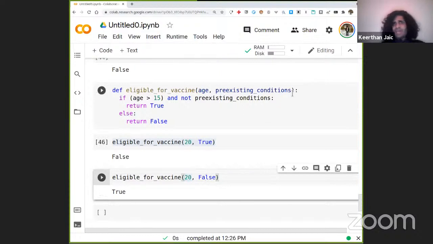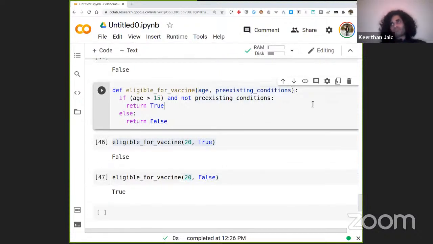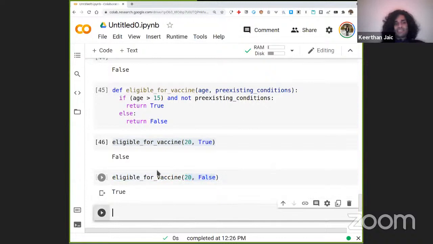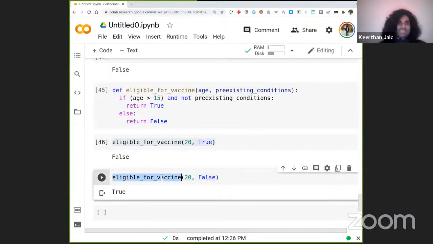Let's say we needed a third argument, which I cannot think of an example for right now. But if we had a third argument, we'd have to keep track of it, and reading the function call can get complicated. So another way to call the same function is